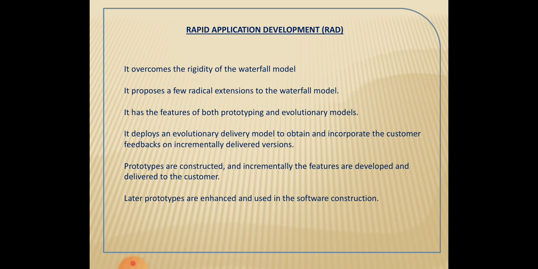So it uses an iterative method, the functionalities are developed in an incremental way, and at each phase of development it obtains customer feedback so that the customer can propose more requirements by experiencing the partially developed system. So in this model, prototypes are constructed, and the features are incrementally developed and delivered to the customer,